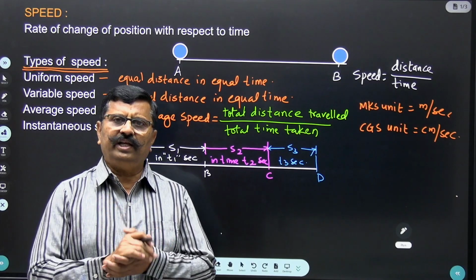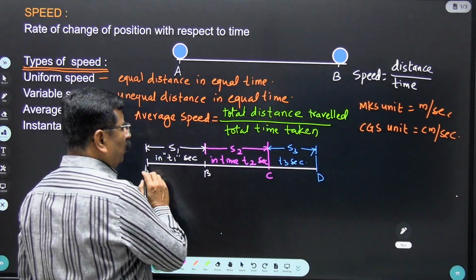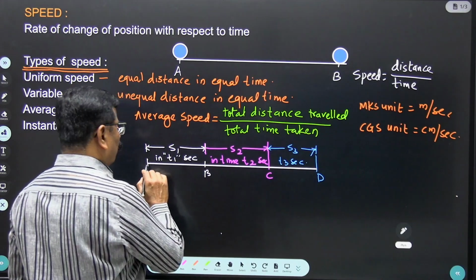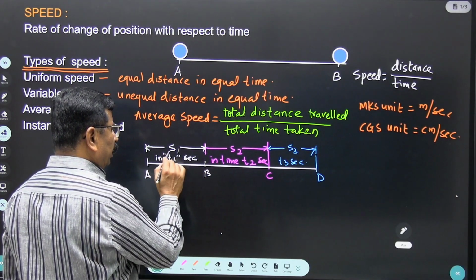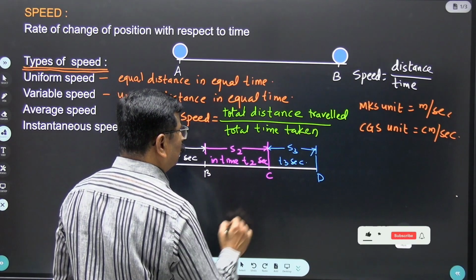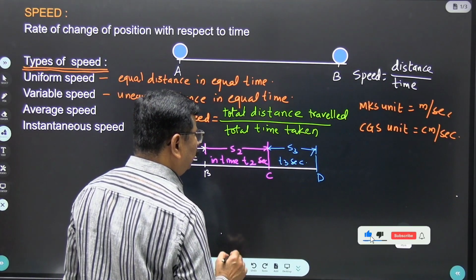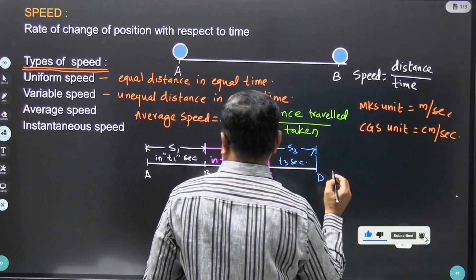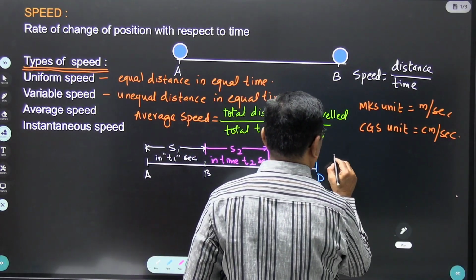Now let us consider that the body is moving from point A to D. Let the body complete S1 distance in time t1 seconds, S2 distance in time t2 seconds, and S3 distance in time t3 seconds. So therefore the average speed of the body